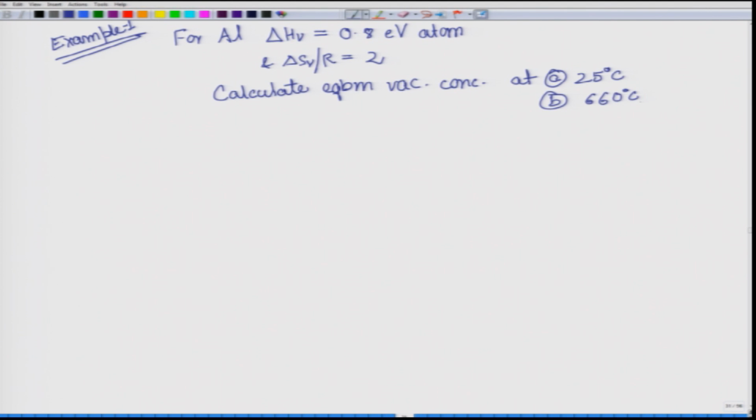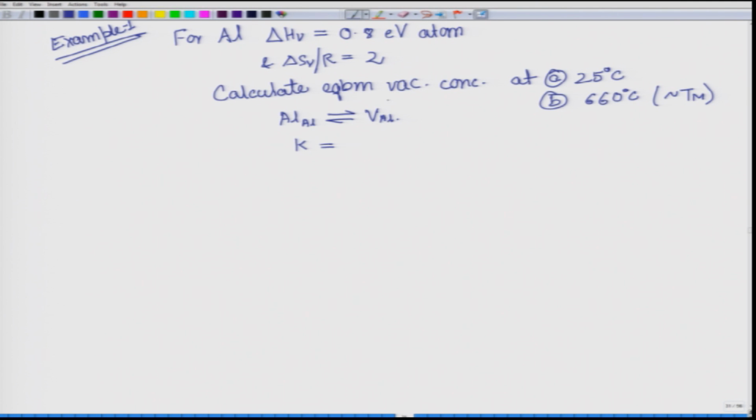For aluminum, 660 is close to the melting point. So, you are being asked what the equilibrium vacancy concentration will be at room temperature, and what it will be near the melting point. So, what we have is aluminum going to vacancy aluminum; that will be the defect reaction for this, and in simple terms,